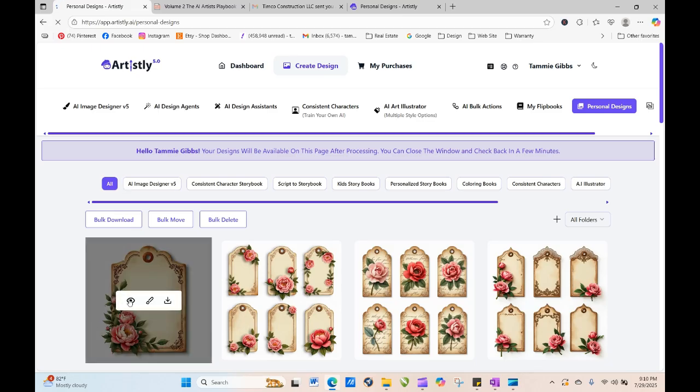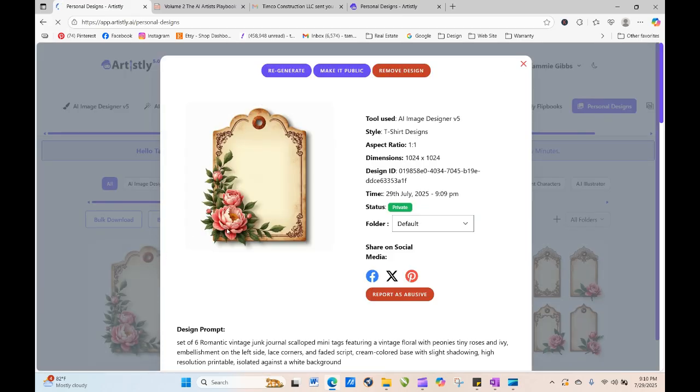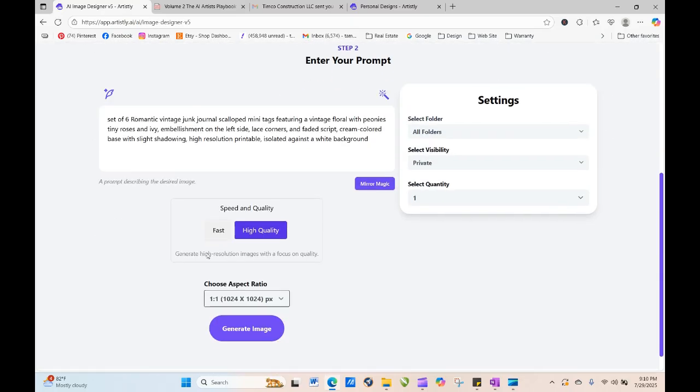Okay, so it did get it in the corner, but it still put it on the outside. So I would have to work some more with that. What I'm thinking though is I really like the tag itself, maybe not with the embellishment. So I wonder if we can recreate it and then just remove the embellishment